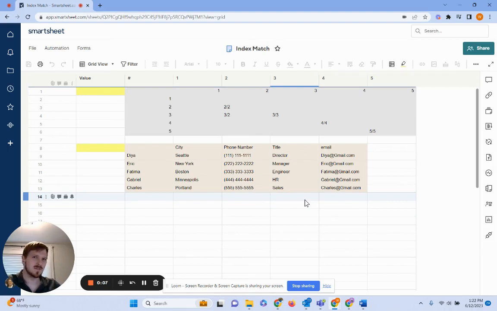A lot of people get confused by formulas, and they especially get confused by INDEX and INDEX MATCH. So I thought I'd take a minute today to explain how it works and how to take full advantage of the function. On my sheet here, I have a simple table, and INDEX is really powerful at getting information